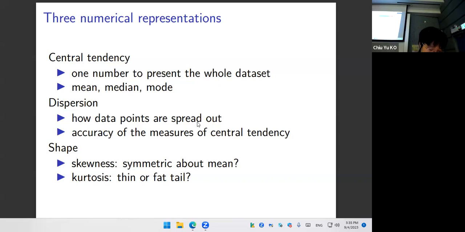And the last two, which are called the shape, okay, is trying to further look at the data. Okay, the skewness. I hope we have time today. We should, or if not, I'll cover it next week. We'll be looking at how symmetric the data is. Is it a lot above the mean or a lot below the mean?